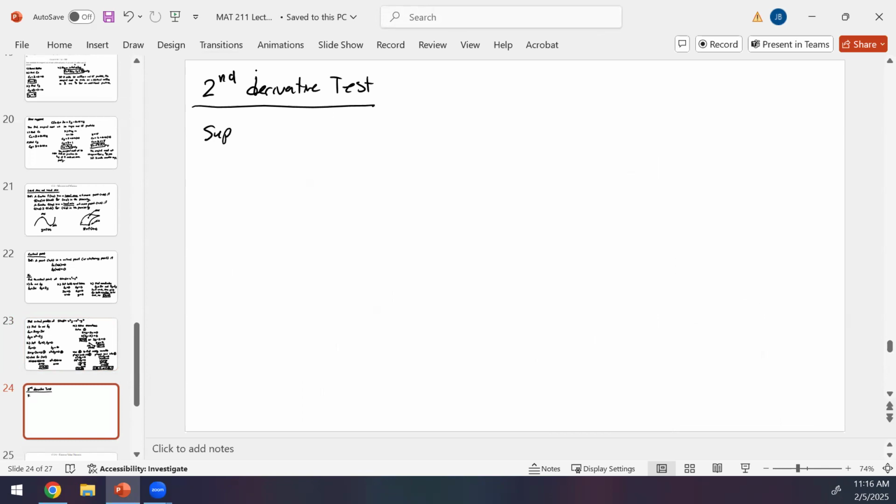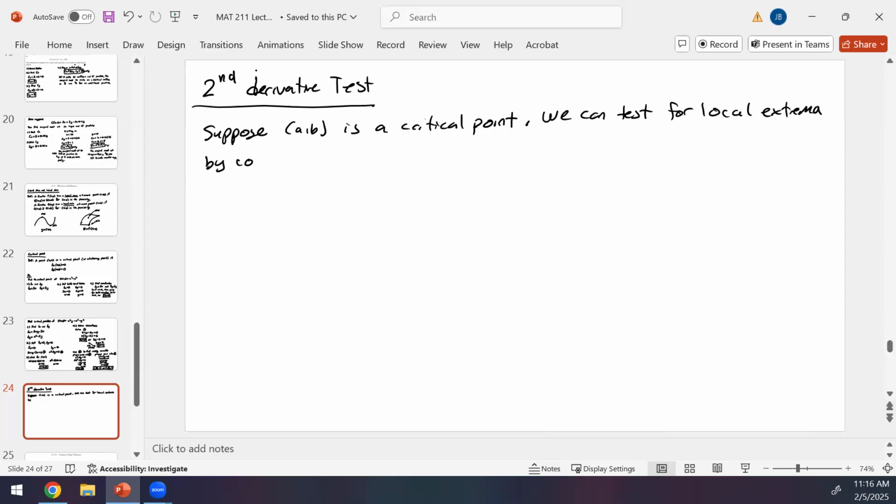So suppose (a, b) is a critical point. We can test for local extrema by computing the following. So the formula for the second derivative test will say that D, and we'll explain what the letter D stands for, is equal to